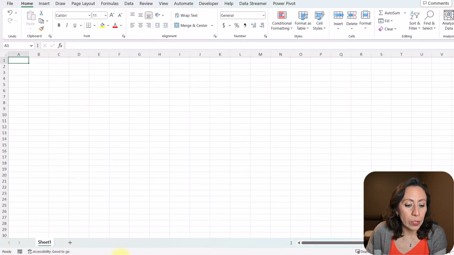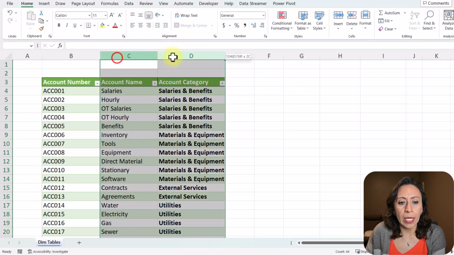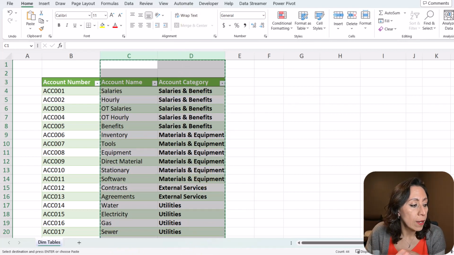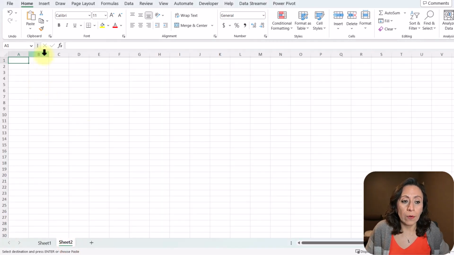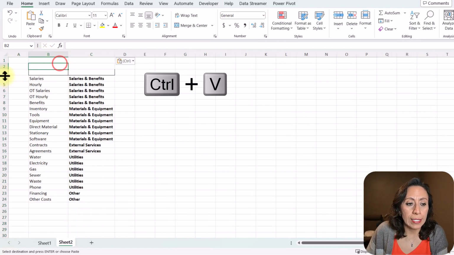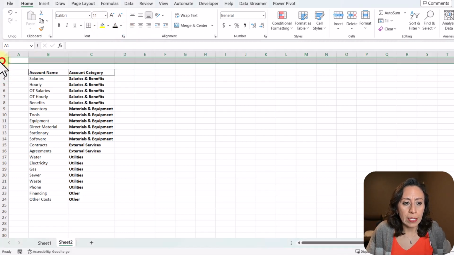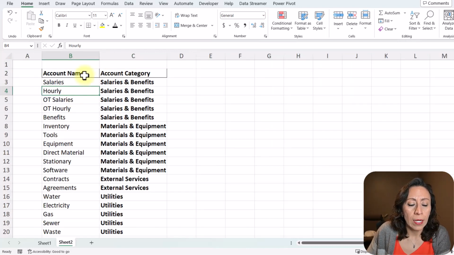And the first thing that I'm going to do, I shouldn't close my dimensional table. Let me open that again. That is because I want to bring this list with the account name and the account category, because as I showed you in the example or in the solved file, I want to make sure that I have that information handy when I need to copy and paste the account names to my list in Excel. So here I'm just going to do this very quickly. Let me delete the first row, Control minus to delete the whole row. And let me just zoom in. Perfect. This is the account name, the account category.